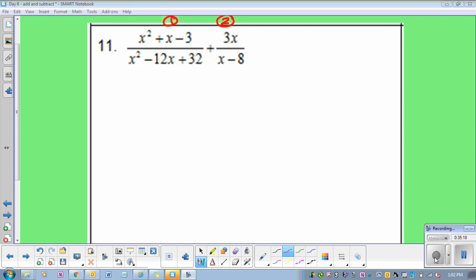But if the bottom has an x plus 2 and the top has an x plus 2, you'll do that after you get rid of these two fractions into one. The way you make them into one is if you combine all your like terms on the top. But if you already have them broken up into factors, how are you going to know which ones are the like terms? So just wait. You're still going to do that, but wait. So x squared minus 12x plus 32, if you factor this,